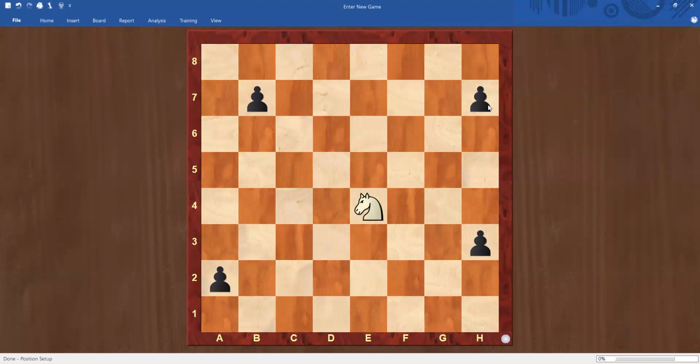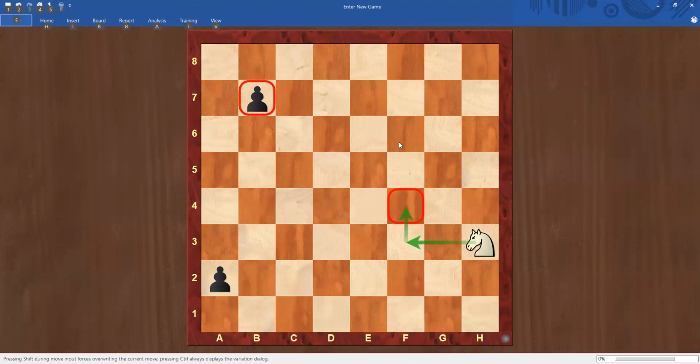So if I want to kill this pawn, I will move 1, 2, turn. Then if I want to kill this pawn, how will it go? 1, 2, turn. Now I want to kill this pawn. So I will come 1, 2, turn. Now I want to kill this pawn. So I should imagine first, how can I go? What is the fastest way? So one way can be, I will do 1, 2, turn. Then I will do 1, 2, turn, right?